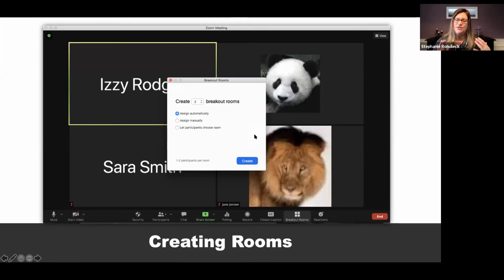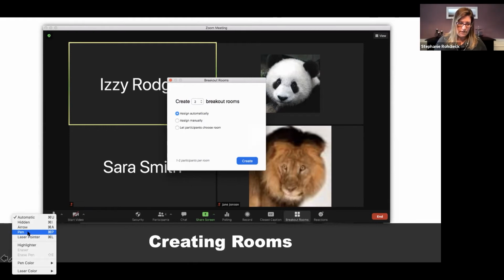It's really hard to show you the back end of what it looks like when you're a host, because you are not seeing these options right now because you are not a host. So I gave you a lot of screenshots in here so that you can see what it looks like on the back end. So what happens is I will click this breakout room.